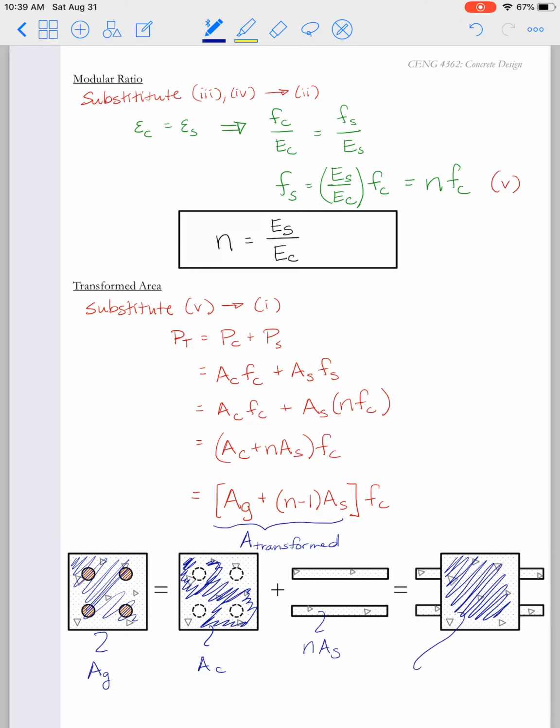We're going to plug some back into those holes, so we have to take 1 away from the transformed area of the steel. So we get A G plus, and again, we take N minus 1 times A sub S. So N minus 1 times A sub S is represented by the shaded red pieces,